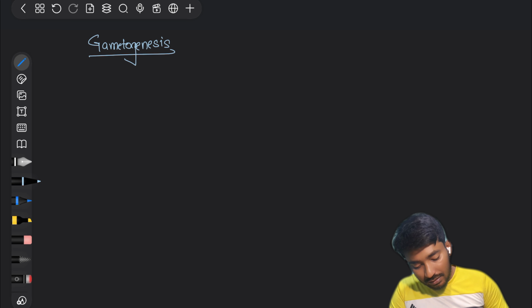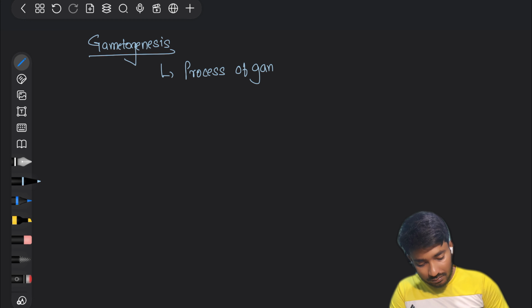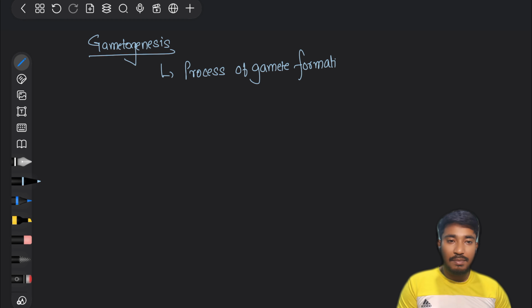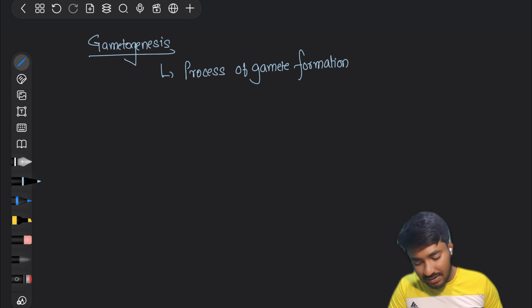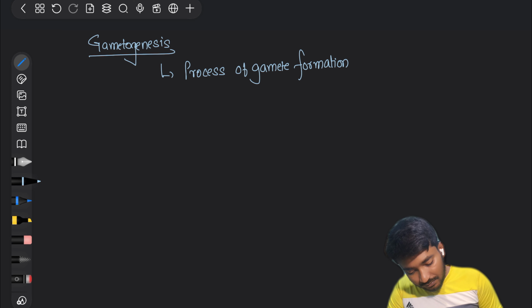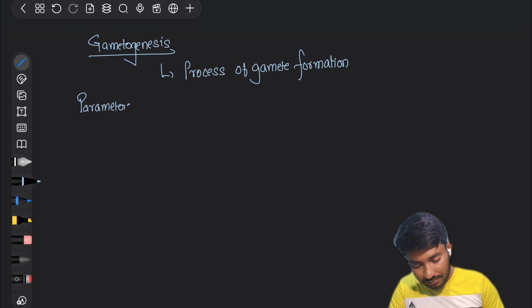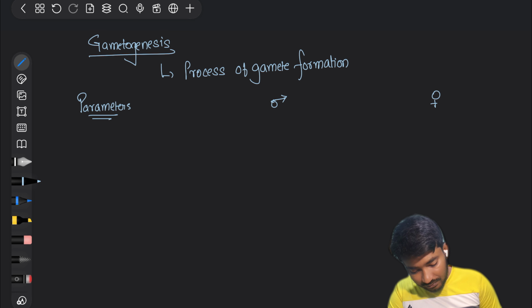Now, gametogenesis is the process of gamete formation. What are the parameters of gamete formation? Parameters for male and parameters for female. So now what happens? Parameters for the male, the term